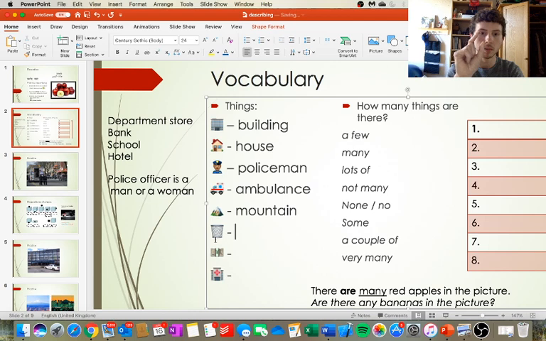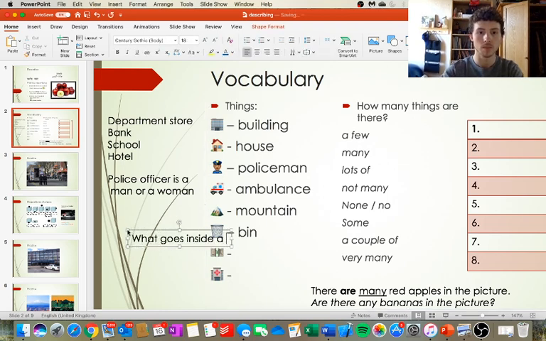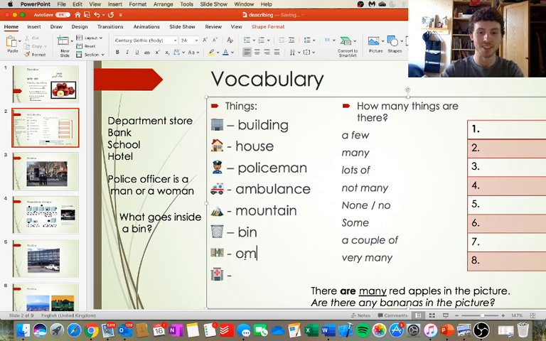Small word, beginning with B. Bin. Perfect. What goes inside a bin? Money. Oh, I thought you meant money goes inside the bin. Good. This is money,